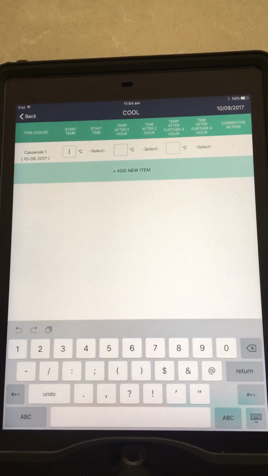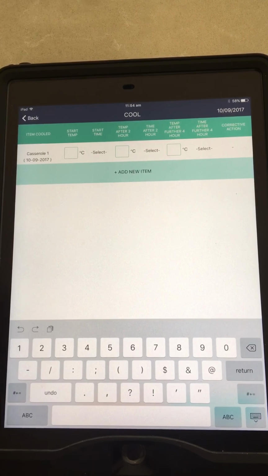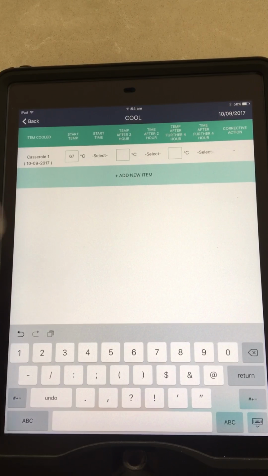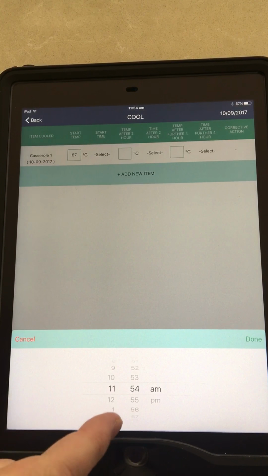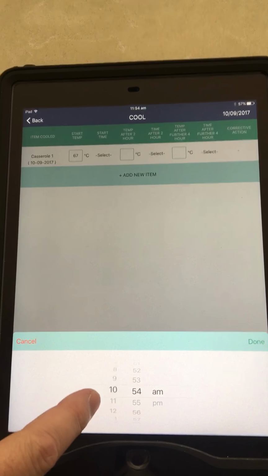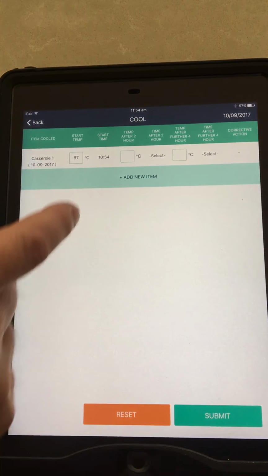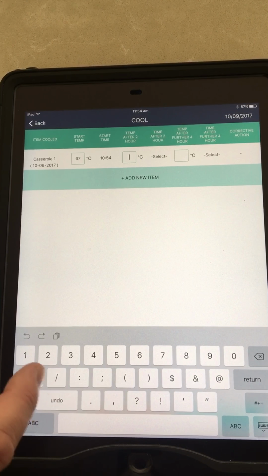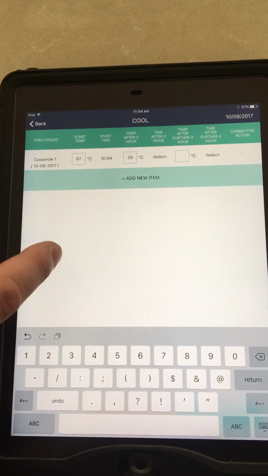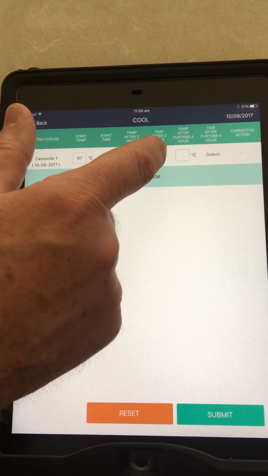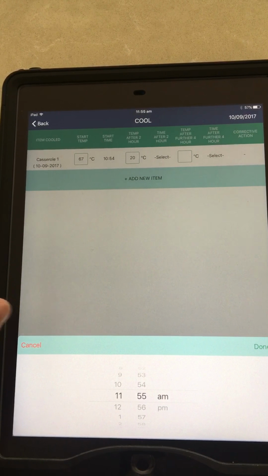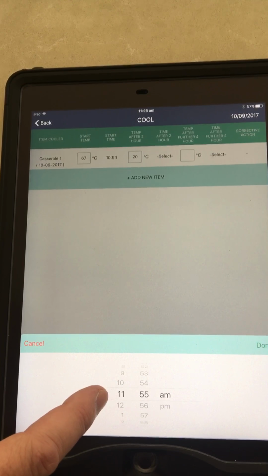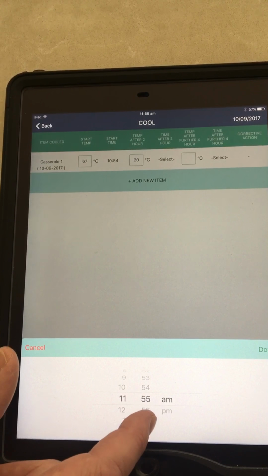And then we have the start temperature for the casserole, and this has to be over 60 degrees. So I'm going to say 67. I'm going to select the time to start. And then a temperature after 2 hours, this has to be 21 degrees or less. So I'm going to say that's 20 degrees. The time has to be within 2 hours. So let's say that's